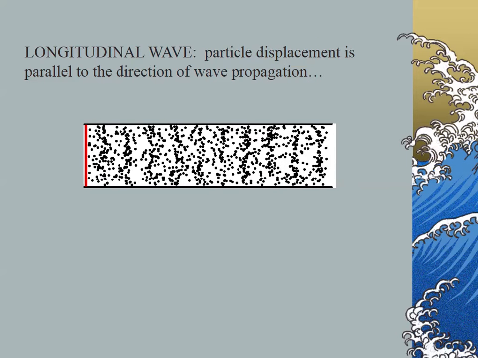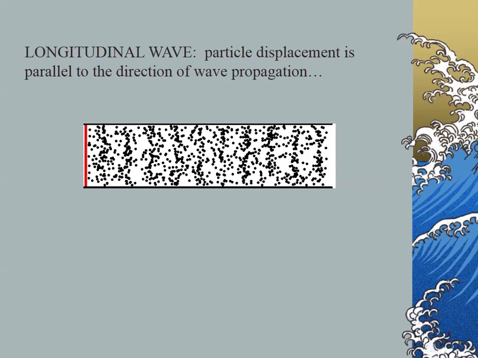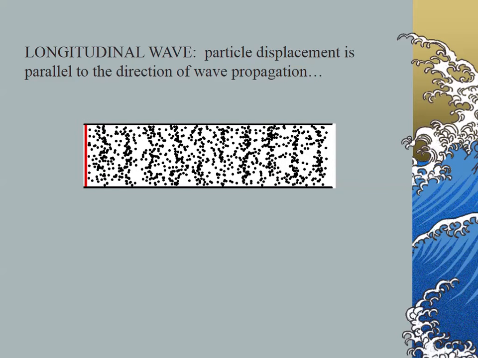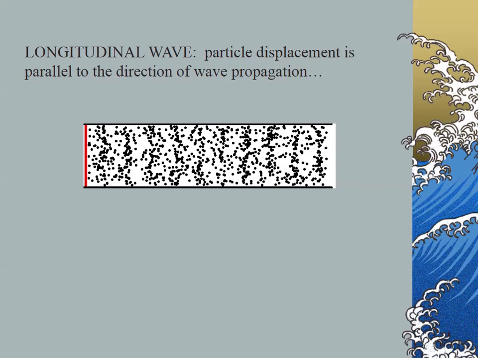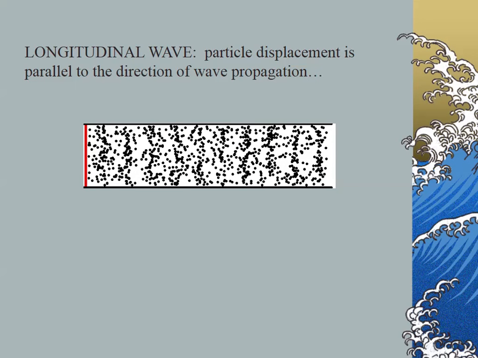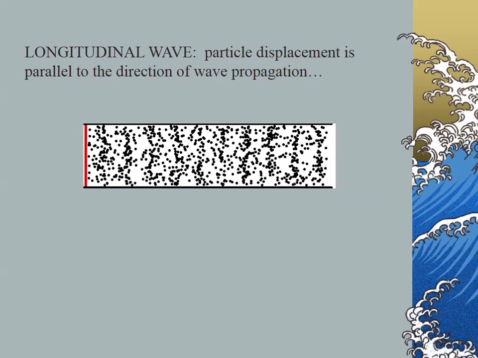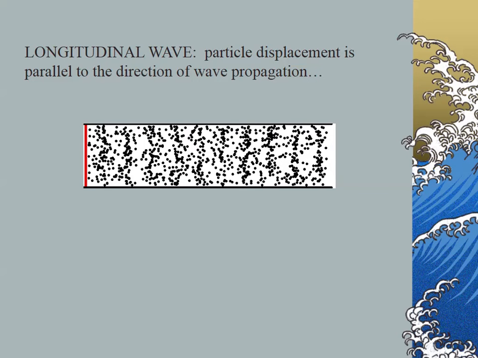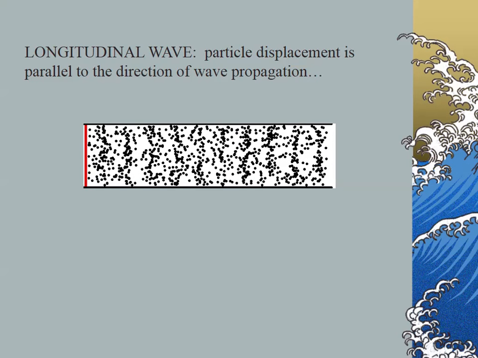Now this shows one other major point that I think people get confused on. This is almost like an optical illusion. I think people think we actually have the particles traveling all the way down this tube. The thing is, waves carry energy, not matter. Waves carry energy, not matter. If you focus on one single dot, you'll see that all it does is go back and forth, back and forth, back and forth.